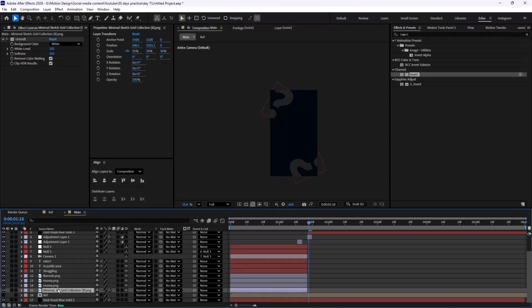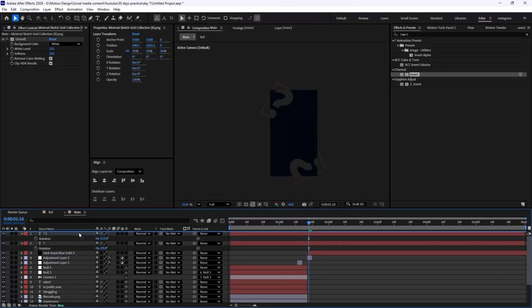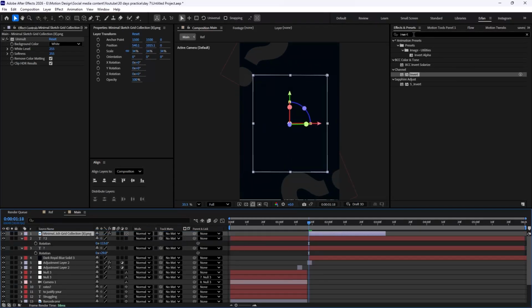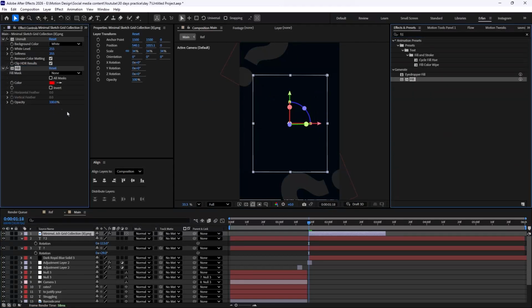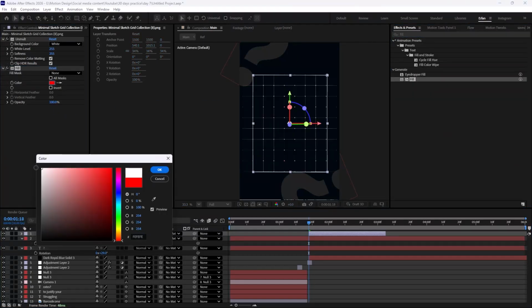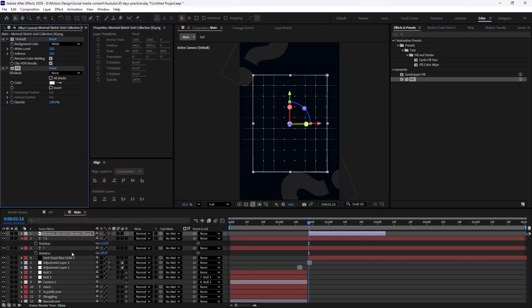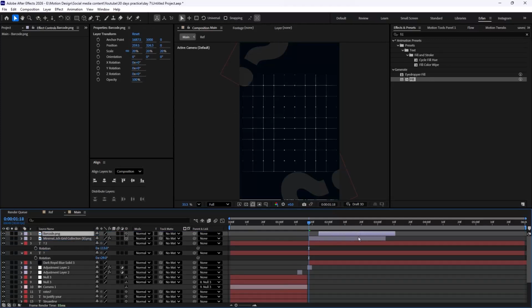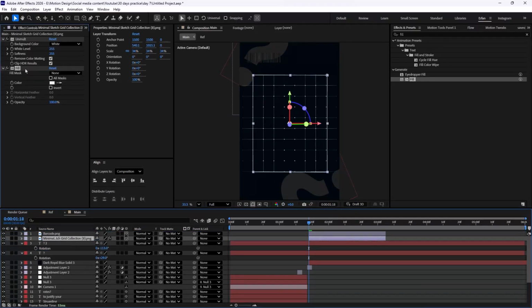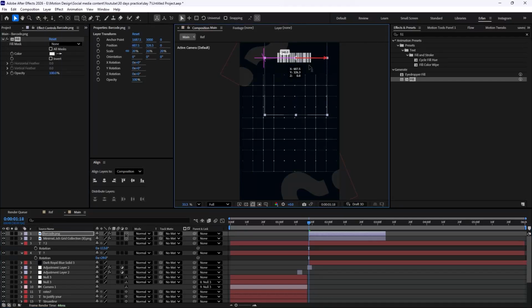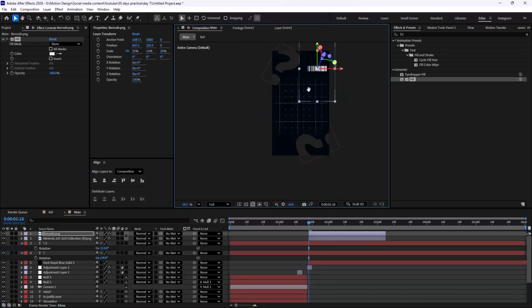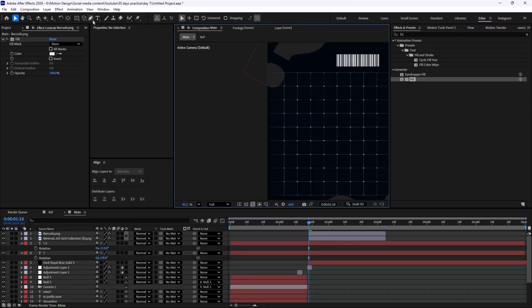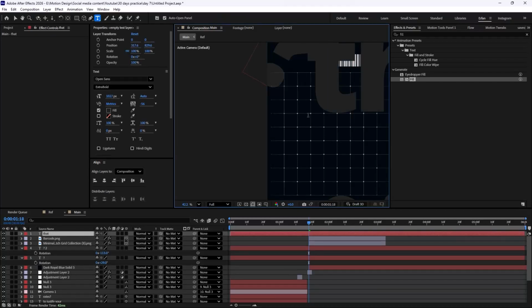We're gonna get back to this minimal grid sketch. We're gonna just bring it on top. Gonna start it from here. That looks good, but we're gonna just add a fill effect to change its color to white, almost the white that we want. Also the same thing we can do with the barcode. We're gonna just bring it, we're gonna just place it in here. We're gonna get the fill effect, and we're gonna paste it. We're gonna just adjust it towards here.